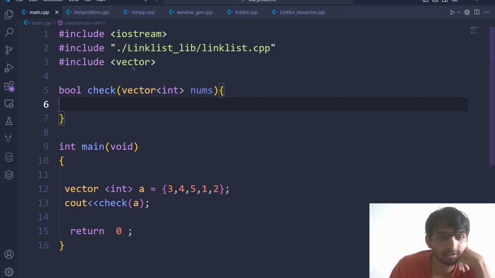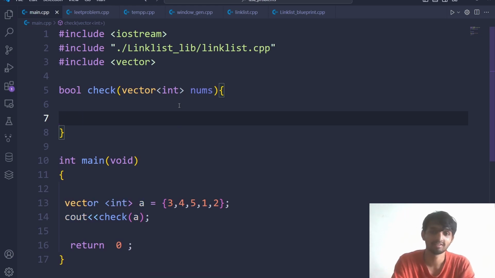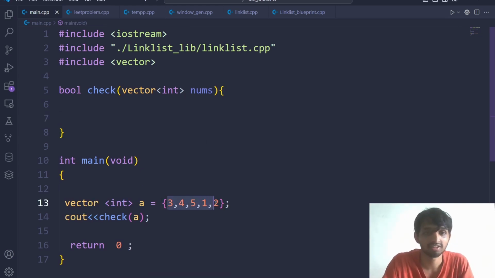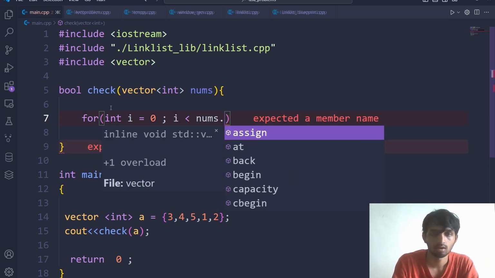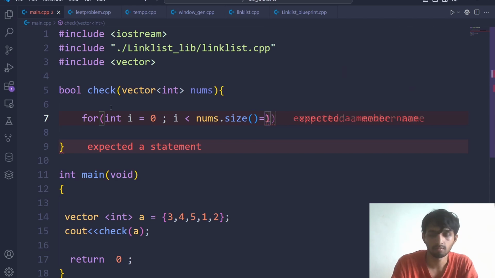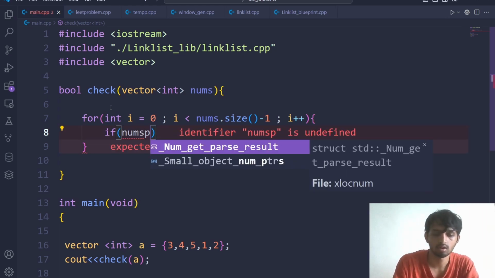So I'm gonna write some solutions to it. So let's start. I've already written the boiler code here. I've written a first test case here so that it gets easy for us to write code. So for int i is equal to 0 and i less than nums.size() - 1, i plus plus. And then if nums[i]